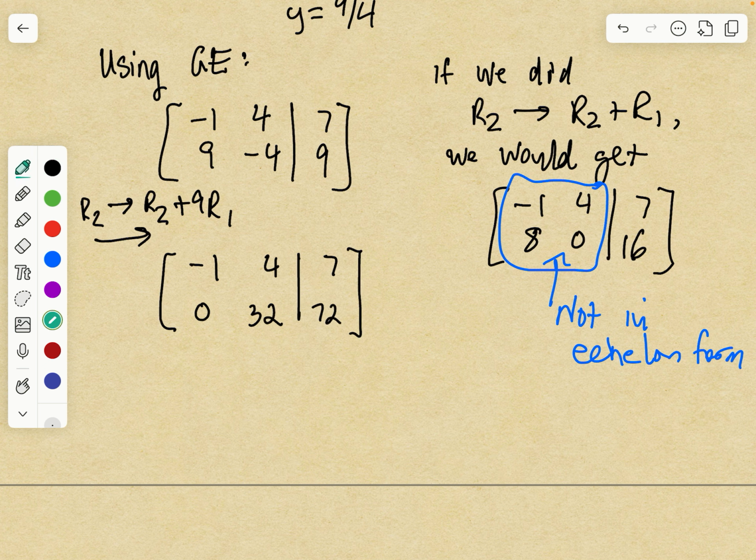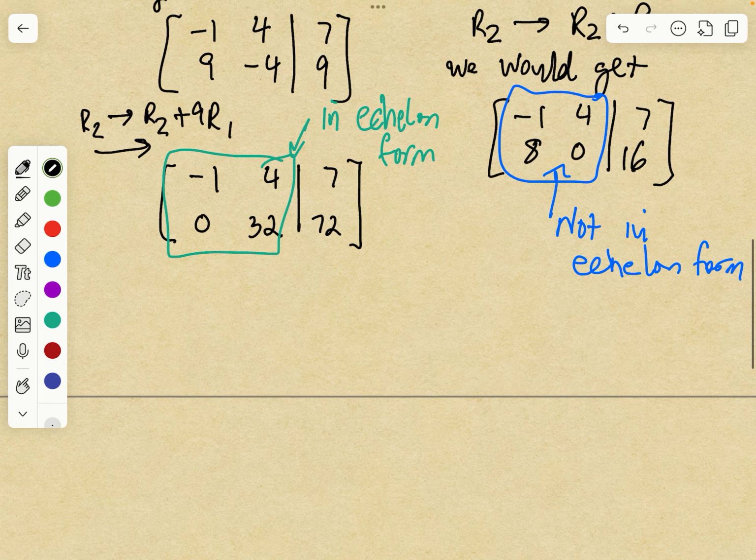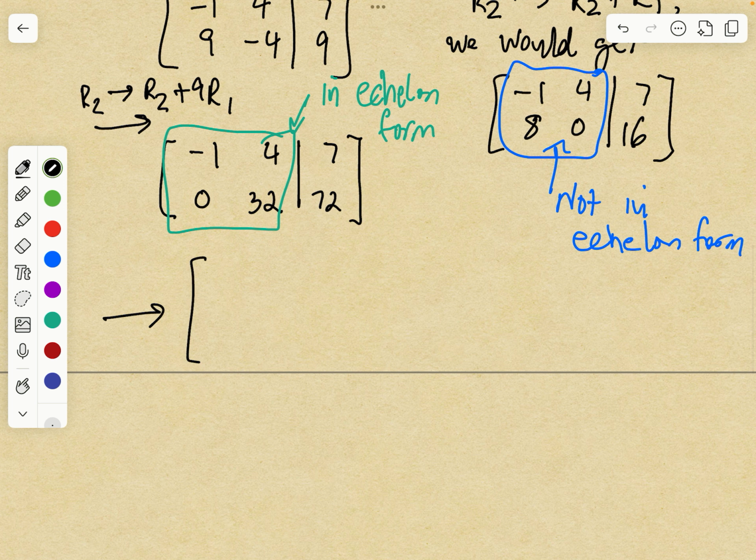Now your matrix is in echelon form. And if we wanted to finish solving the system, then we would divide row 2 by 32. So maybe 1 over 32 times row 2. By the way, the notation I'm using for the row operations might not match the notation in other books. Okay, so you get 72 over 32, which turns out to in fact be 9 over 4, as we would